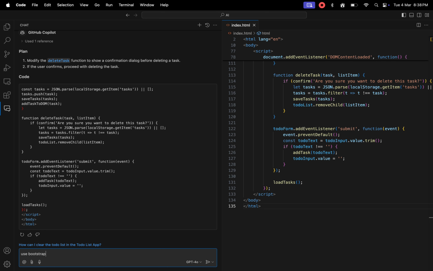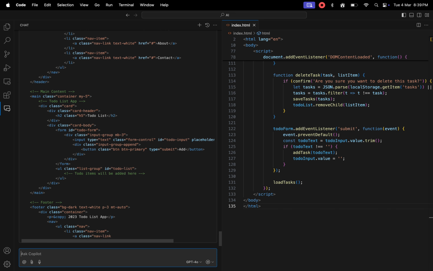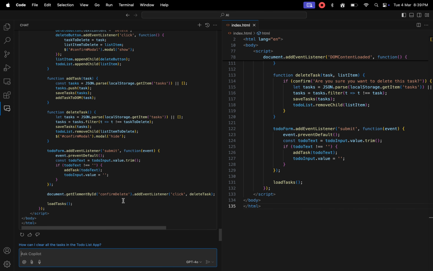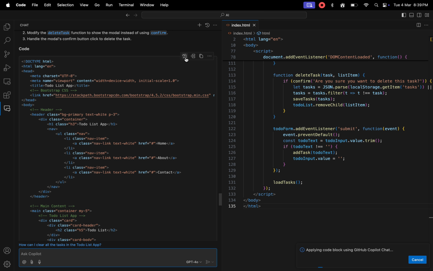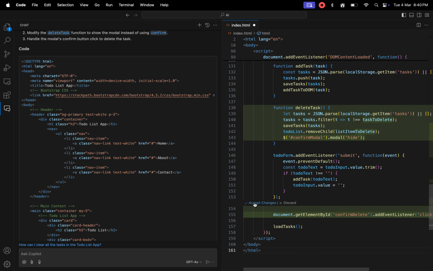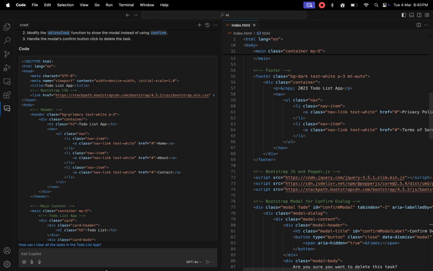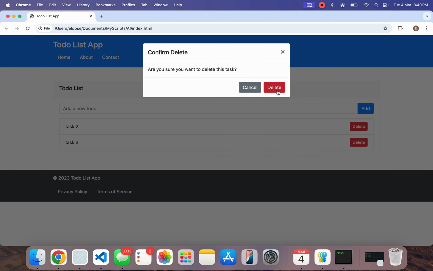Let's upgrade it to a Bootstrap modal for confirmation. Here is the result, a stunningly crafted confirm dialog modal created with Bootstrap.